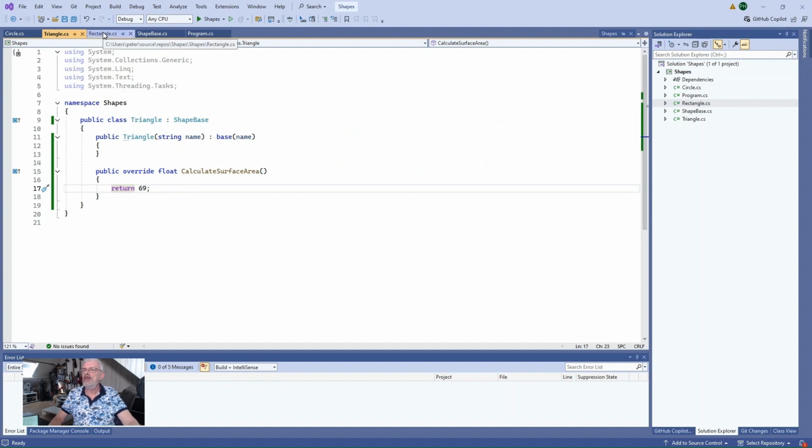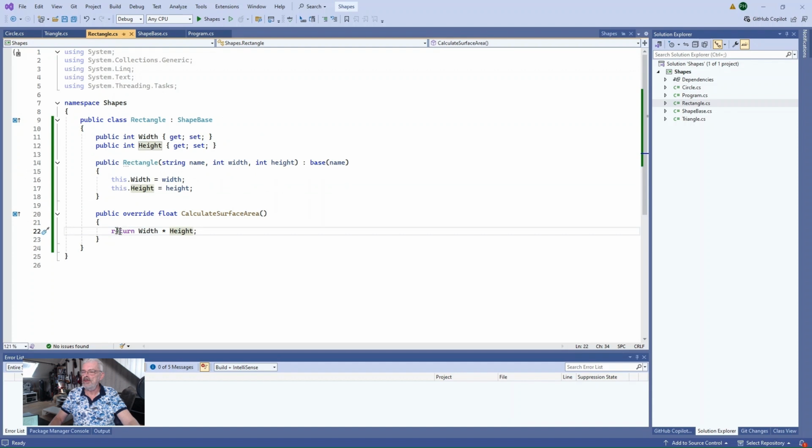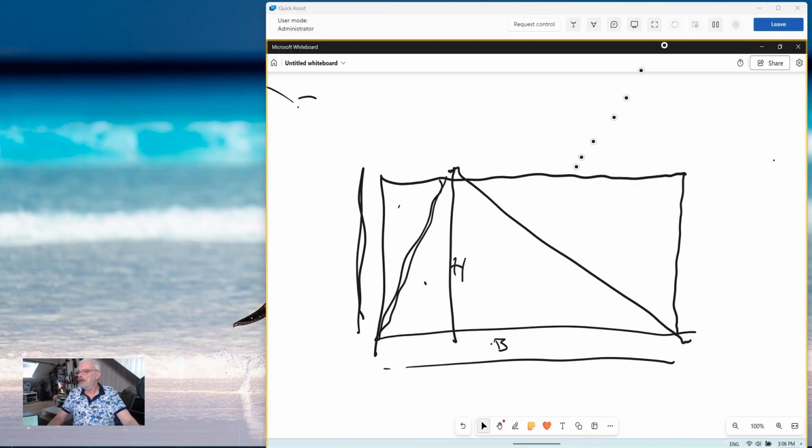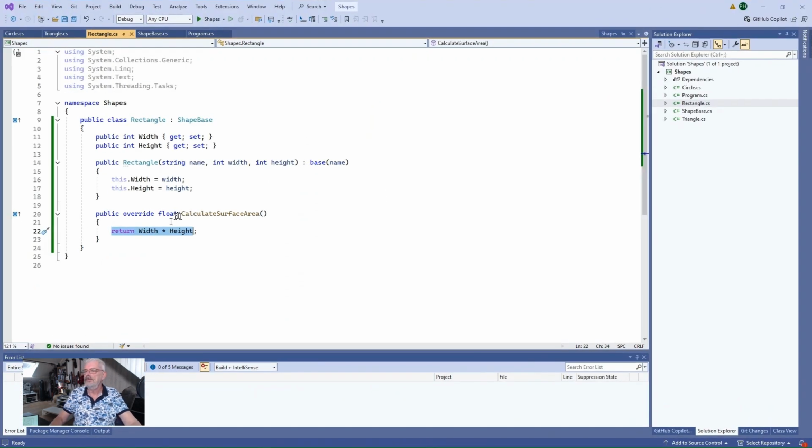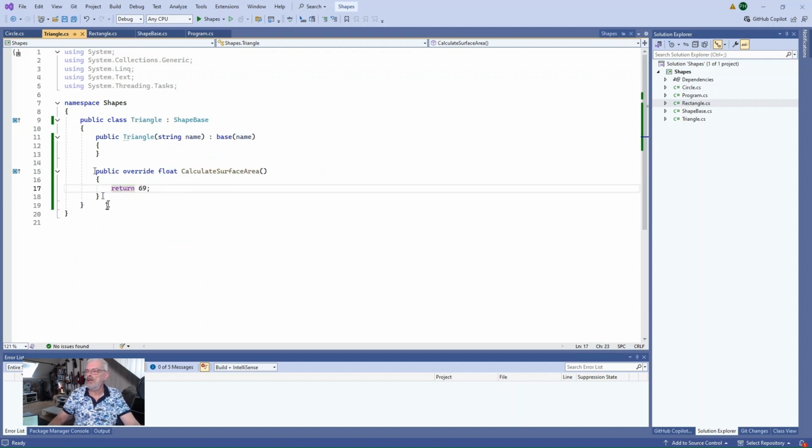Let's take the code that we did in rectangle, to calculate the surface of this rectangle here, that one. Where's my code? Here's my code. So we copy this, we go to triangle, and we say, like so. And we are going to divide that